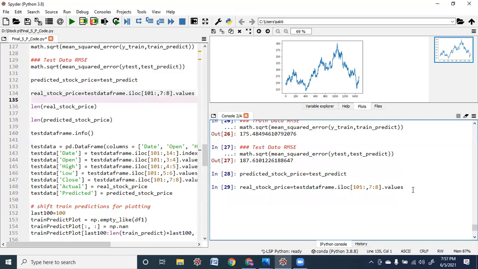So with the iloc command and with the test data frame, now let us pick up the close value from the NSE data set and assign it to actual or real stock price.